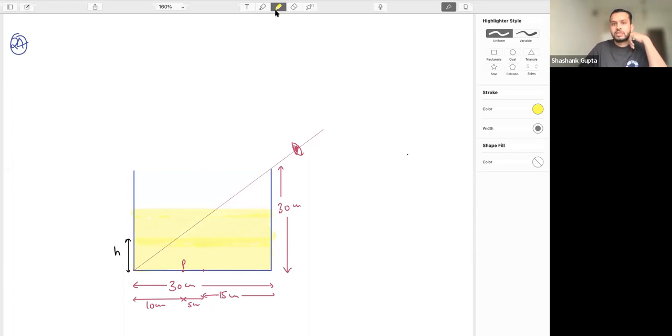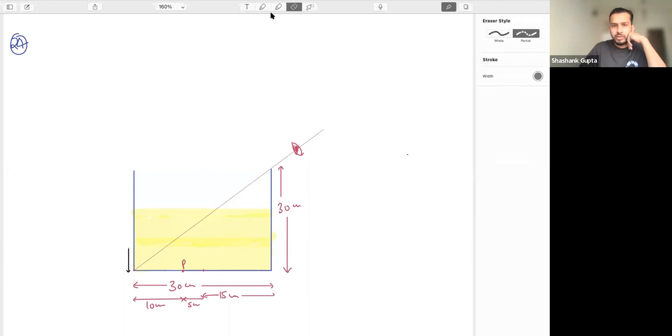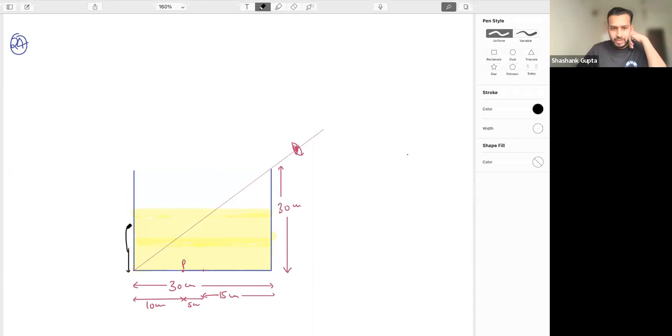Okay, understand. Suppose I have filled the water like this, till here, and this is looking like this. This is my h. This is my h. So the ray is going like this. If I want to see the point P, the eye wants to see it, so the ray is going here.